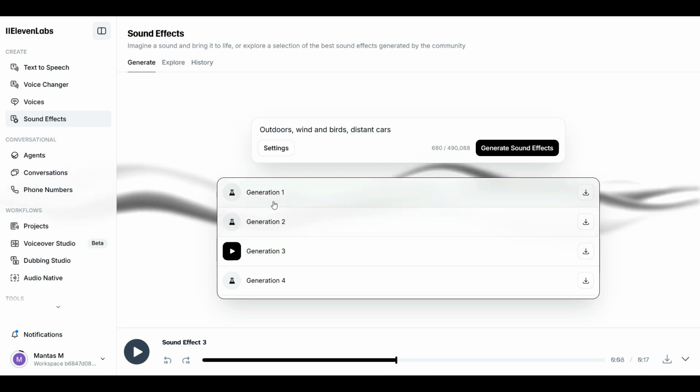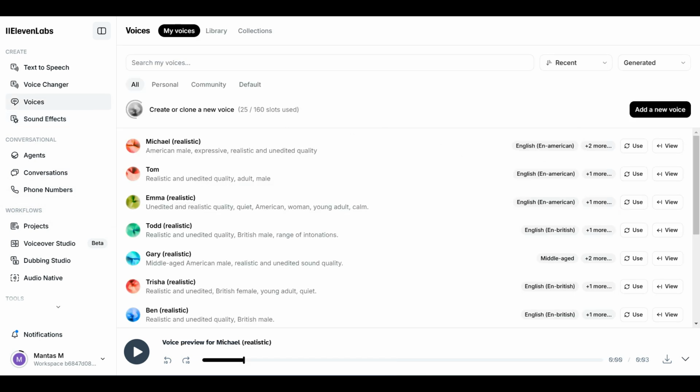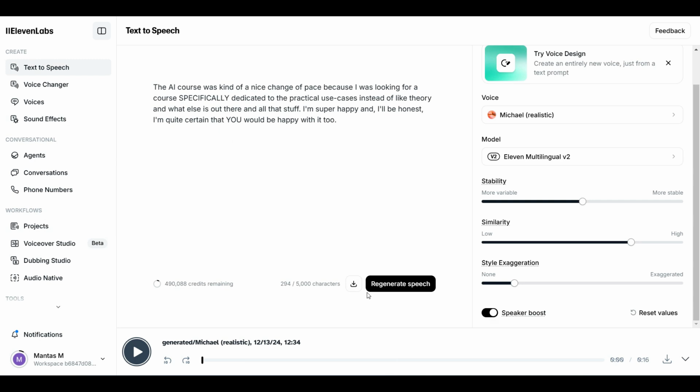Anyway, now that we've done this, we can actually go to download the voice right here. After clicking generate speech and generating the voice that we wanted, we can go to the bottom right and download the voice straight to our device. And once we're done with that, we're gonna jump into